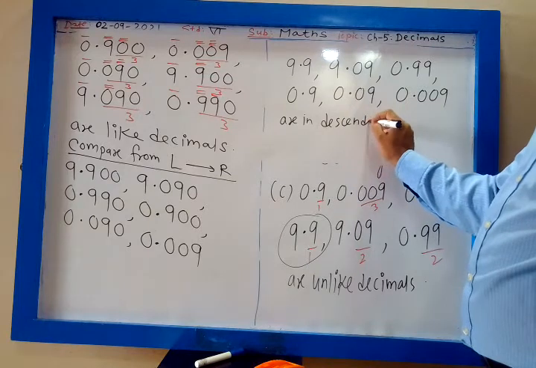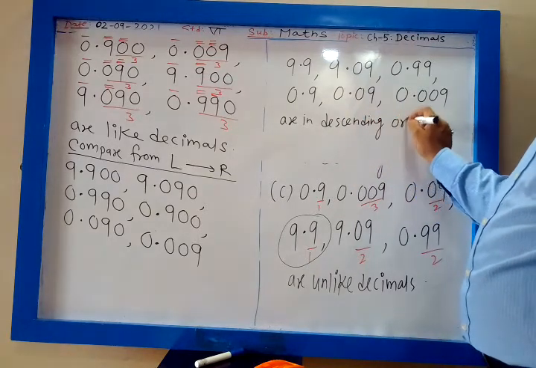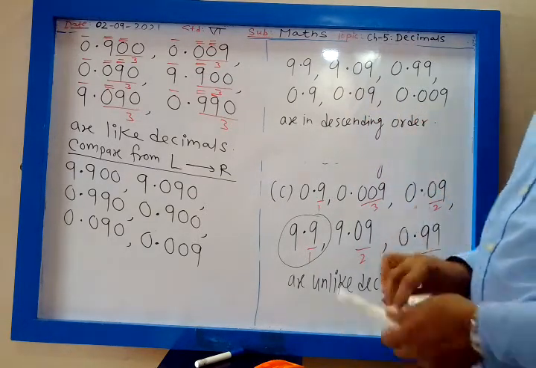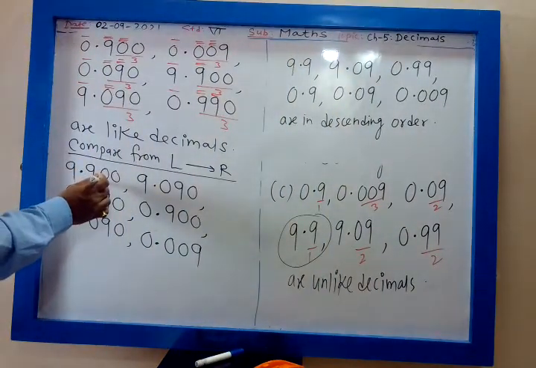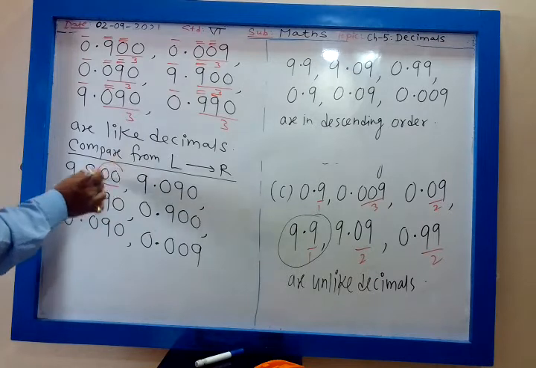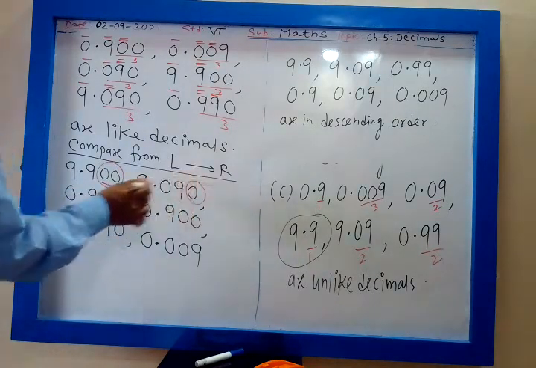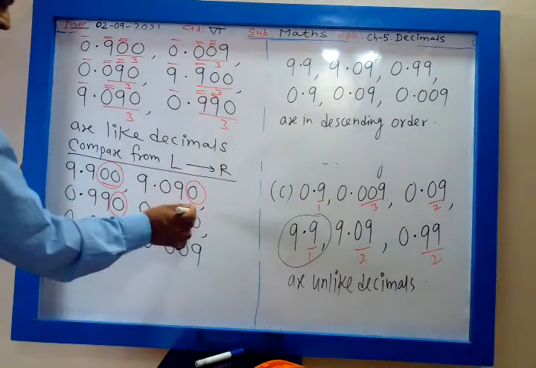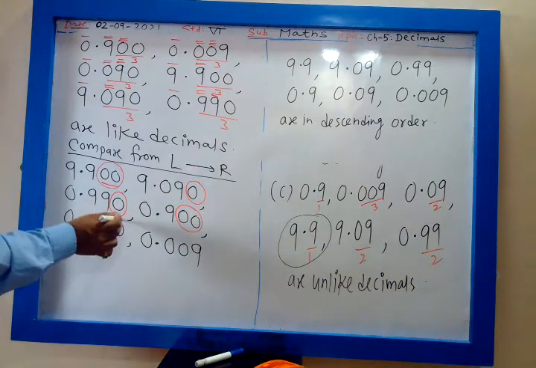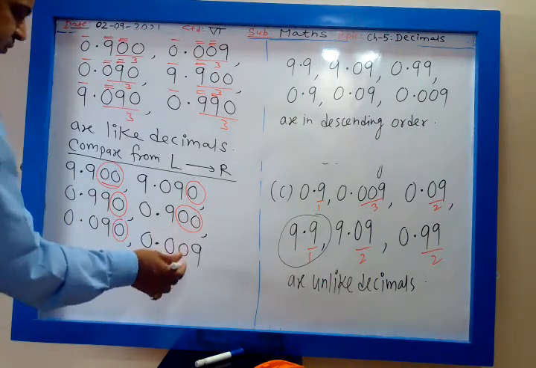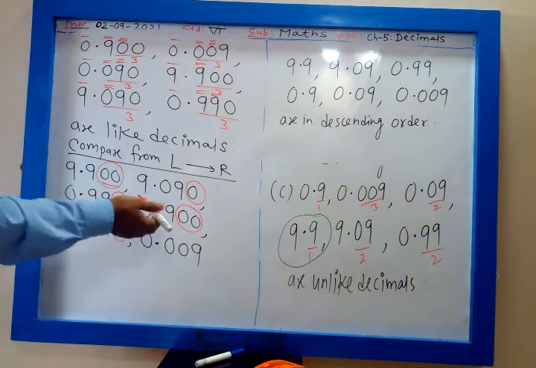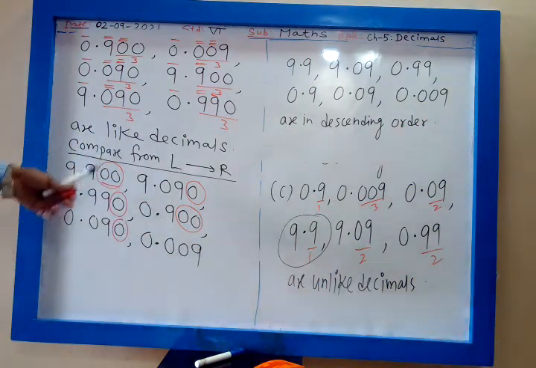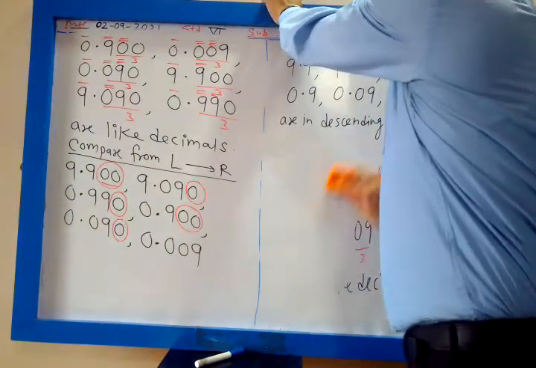This is clear to all of you? Yes? See here, after decimal 0 has no value. So this 0 you can remove. Any number of 0 can be removed. But after decimal, these 2 zeros I cannot remove because they are before 9. So this is the answer, in descending order. Yes, clear this part?